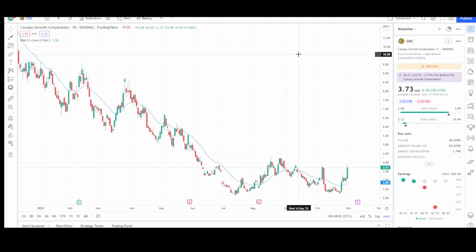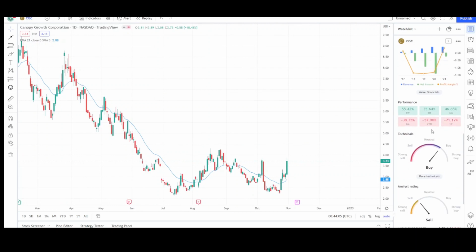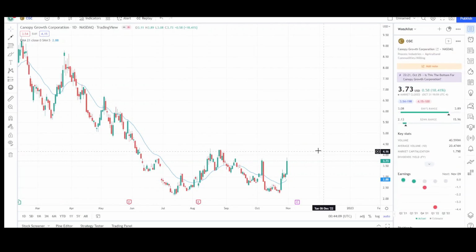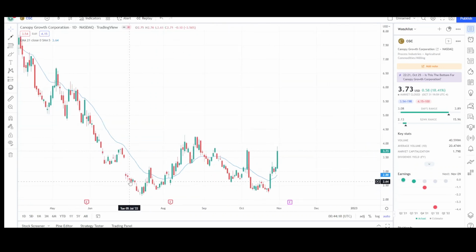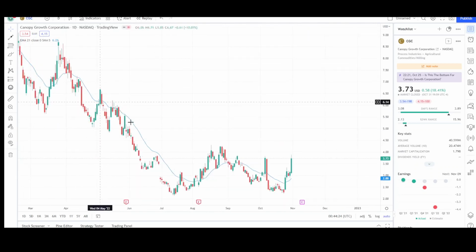So here we have the daily chart for CGC, which is a medical cannabis company. So you already know this is one of those hype stocks and cyclical stocks that sometimes perform really well and sometimes perform really bad. So let's take a look at the chart. I'm going to analyze the price action. I'll analyze the entire chart and go over that, but mostly the most recent price action we're going to be